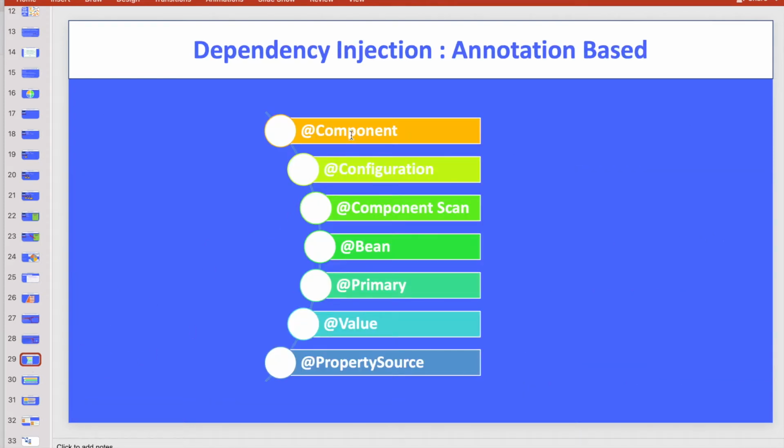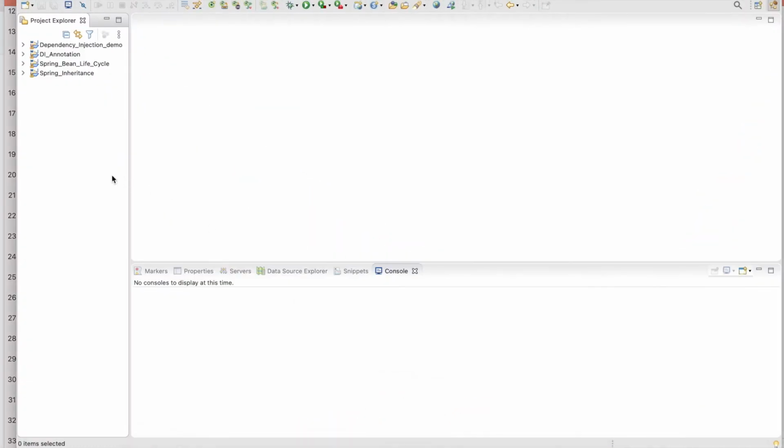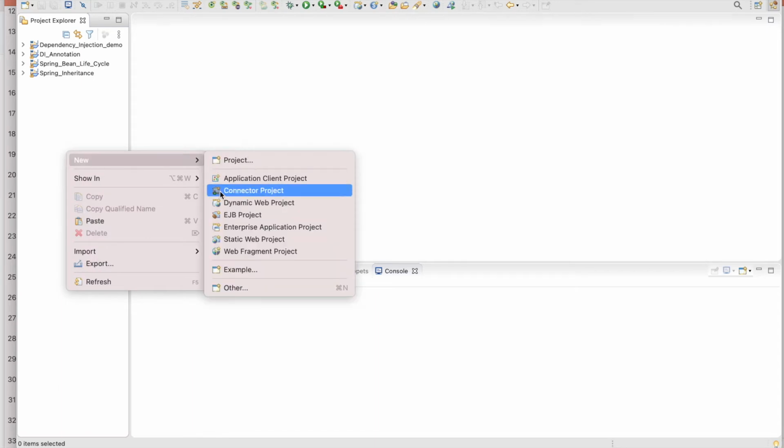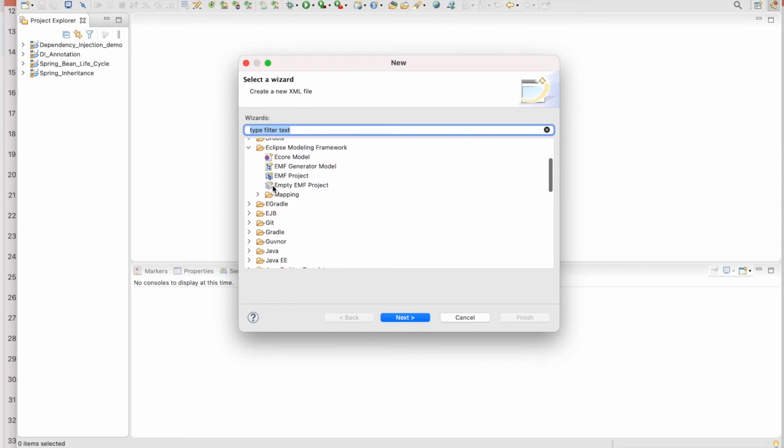We have already seen Component, Configuration, ComponentScan, and Bean in the previous video. In this video, I am going to explain what is Primary, what is Value, and what is PropertySource, right? So now open Eclipse and create one new project as a Maven project.